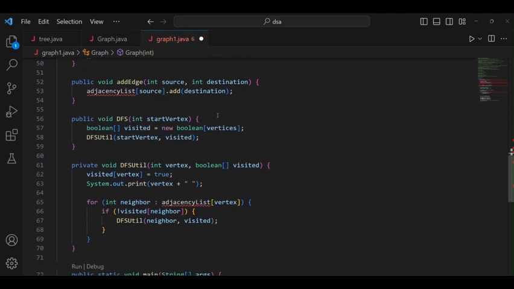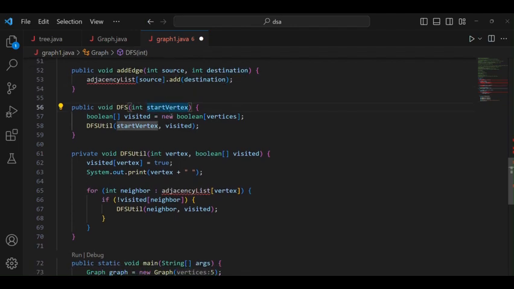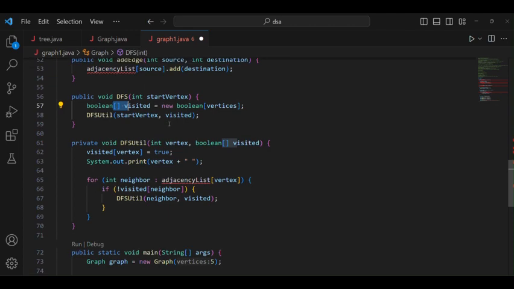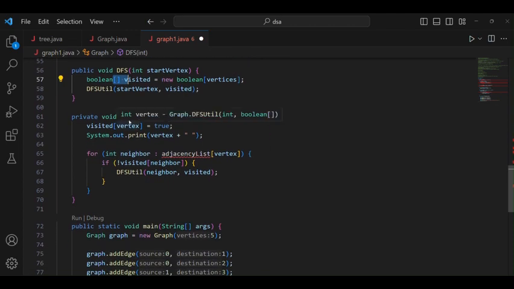So you can see that this is useful in graphs and also useful in maps, because we use a destination, and these terminologies are very similar to maps, as seen in Google Maps and many other sources. And we use another one also, that is a start vertex, and we use a boolean array in this way. And now we again use a private void